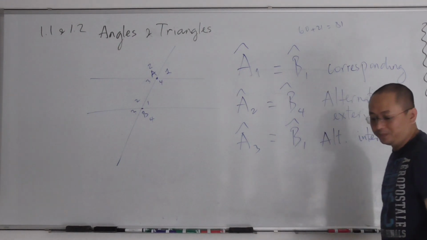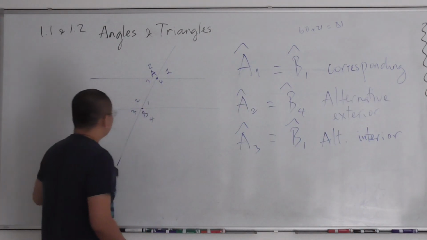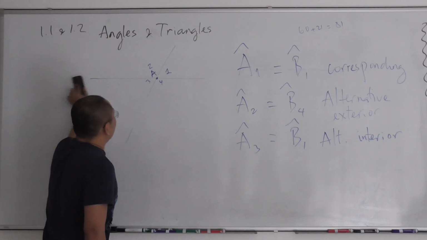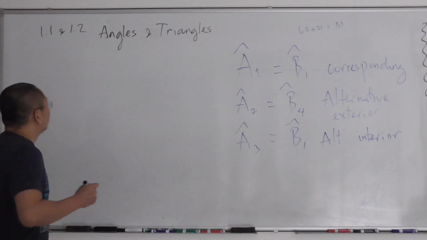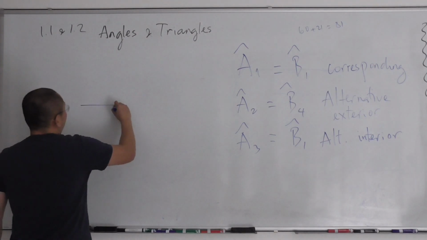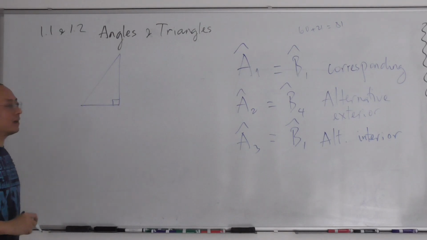Let me move on. Now let's talk about triangles, just a review of terminologies. If you have a triangle that has an angle equal to 90 degrees, this is called the